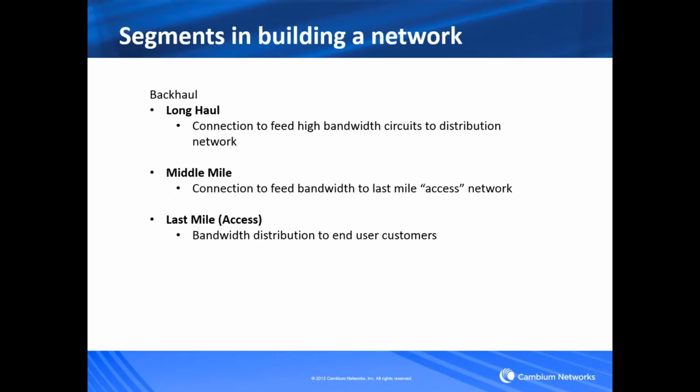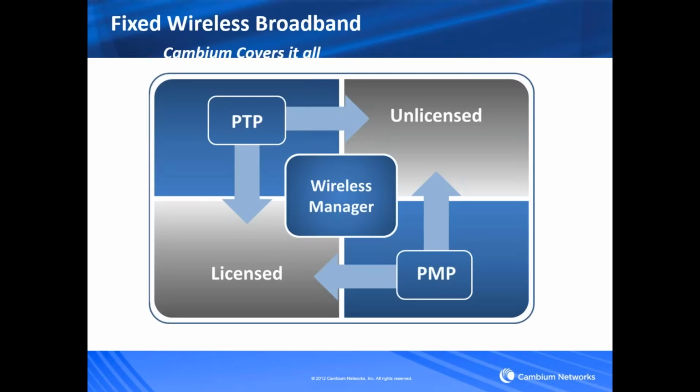So the one thing that you've heard today revolves around pricing associated with your bid. You know, how much is it going to cost you to lay this out? Some of the customers here will have plans in some of these areas. Some will need their plans. But either way, for all networks, there are basically three areas of building the network. One is long haul, middle mile, or last mile access. Cambium has a product for each one of these.